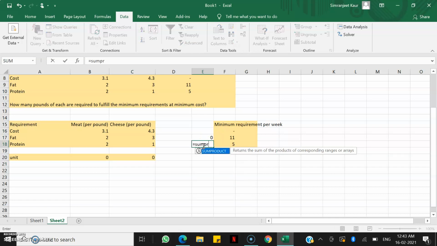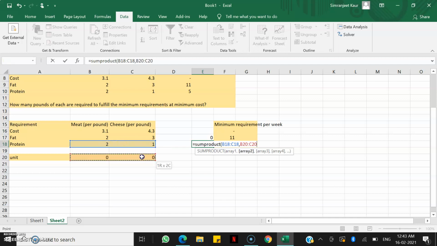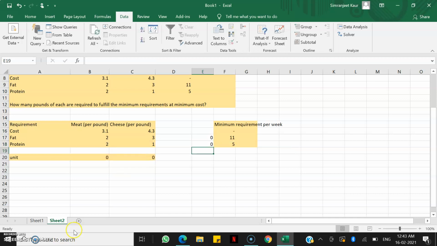I'll type in the same formula for the next column also. My first array is that of protein requirement and the second array is that of units required. I'll close the bracket and press enter, and it shows 0. So these are our constraints. The next thing that I need to do is formulate my objective function.